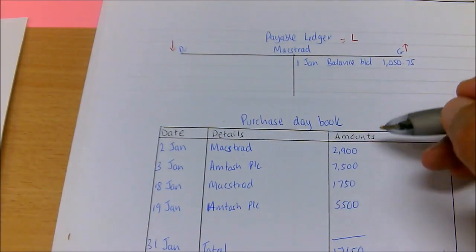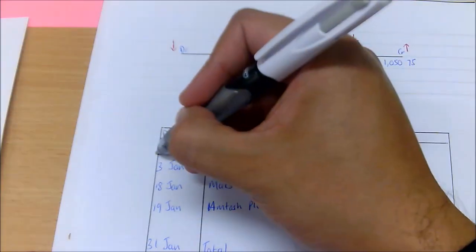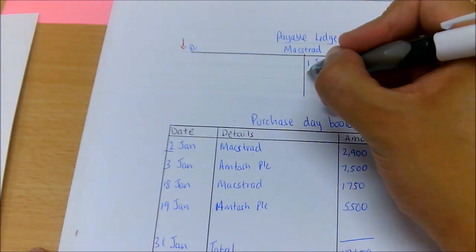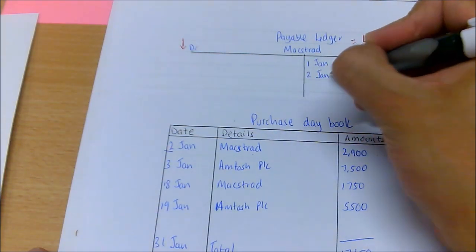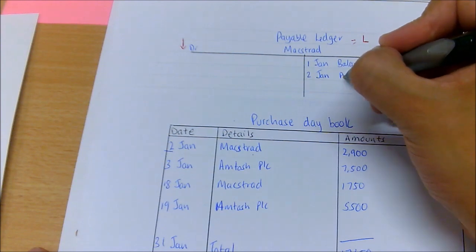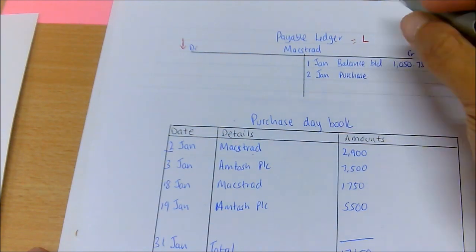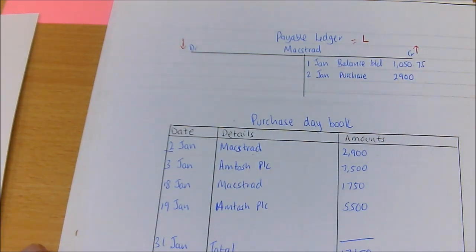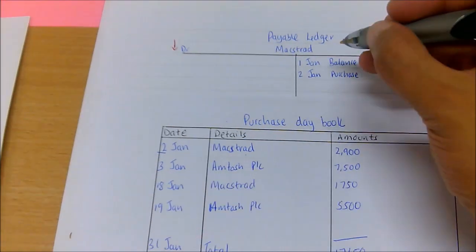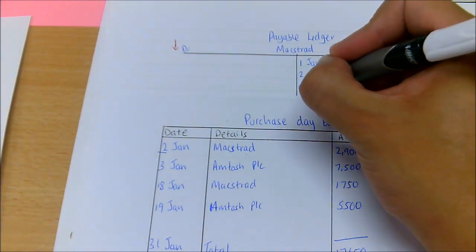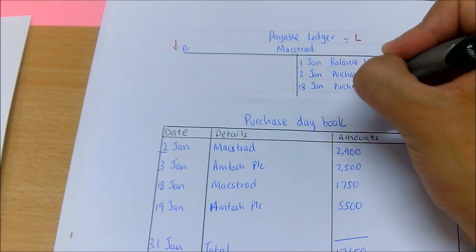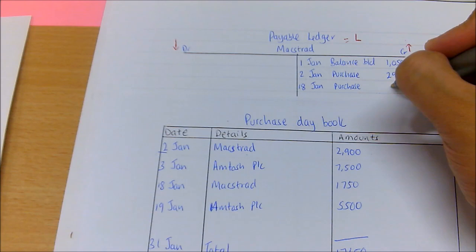So let's again now deal with this one here, the 2nd of January. So this is how much we owe them at the start of the month. So we make some more purchases on the 2nd of Jan, and this would be cross-referenced to your purchase account for the value of 2,900. So this is how much more we would owe our suppliers, hence we've increased our liability. And then another one on the 18th of Jan, you make some more purchases, and we do that for